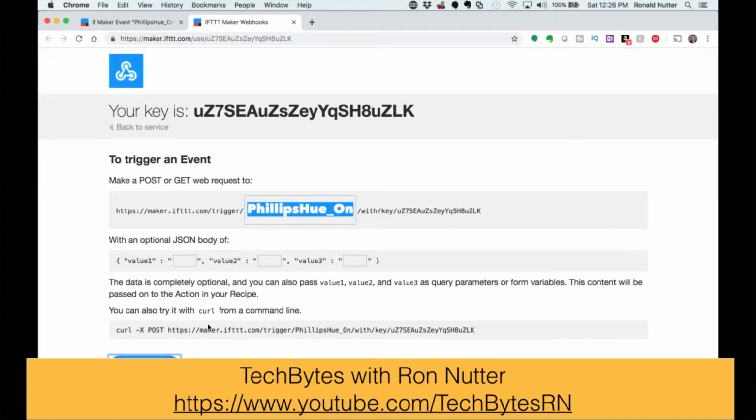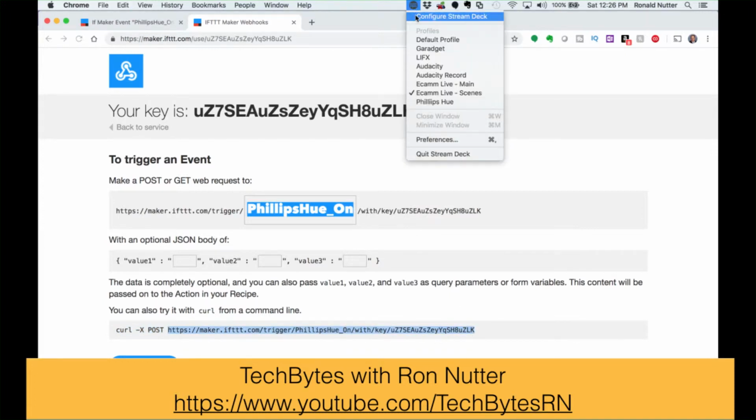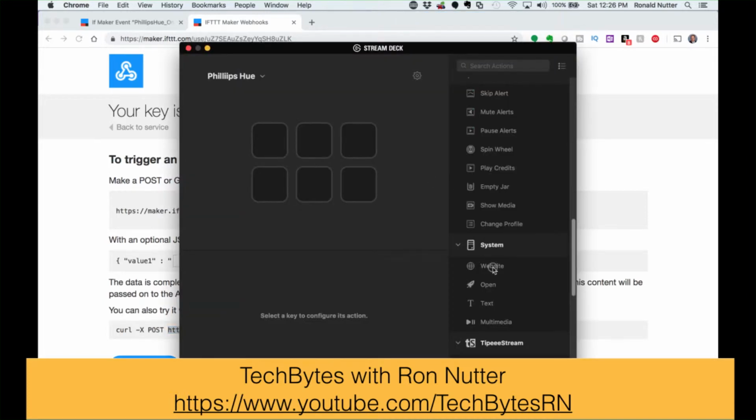So now that we have that part of the process done, let's just copy and paste this, and we'll go up into, I'll select Phillips Hue here, so that when we go over to StreamDeck, we will drag over the website icon, and we'll call this chair, and I'll call it toggle for now. Oh, and by the way, something interesting here. If you want to have a double line entry, I'm on an Apple Mac here, so I hit the Command key and Enter,